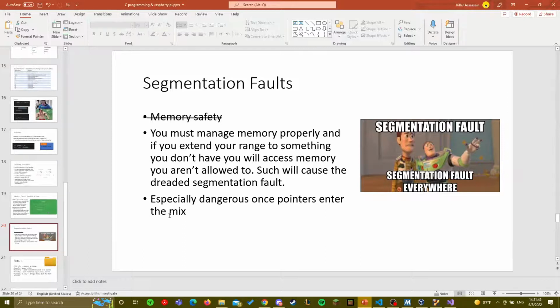Okay, segmentation faults, right? This is back to pointers. If you see a lot of programmers, they might have segmentation fault on their shirt. It's the hallmark of using C, right? It's the universally understood message for: I've messed up somewhere in my range. I'm using something that I shouldn't be using in your memory management. And memory management is just a hard thing in general. So segmentation faults do happen.